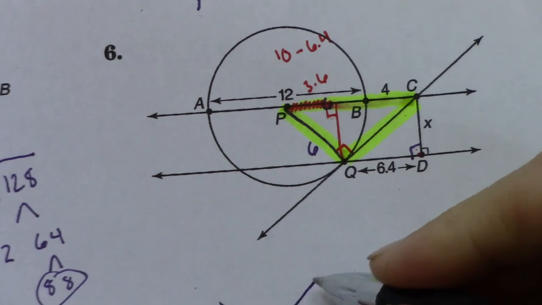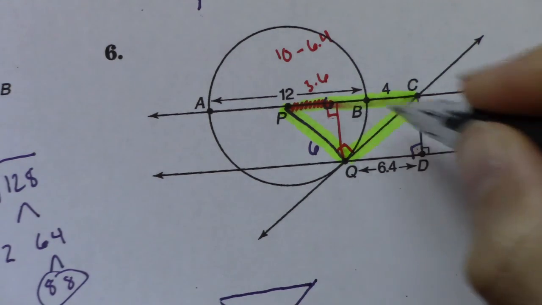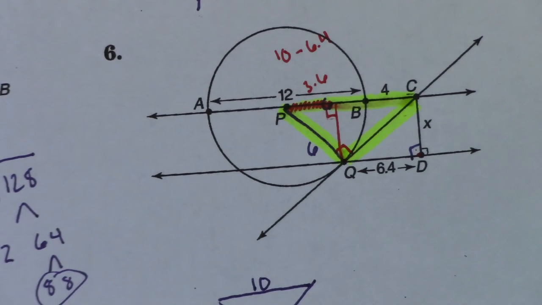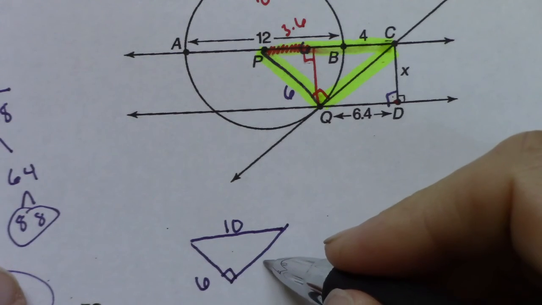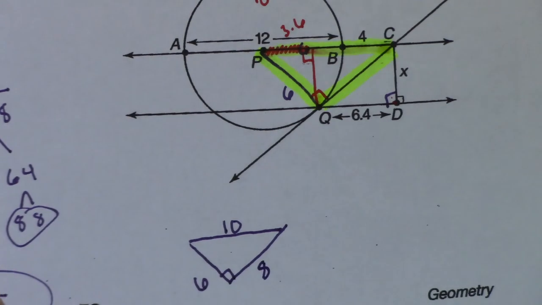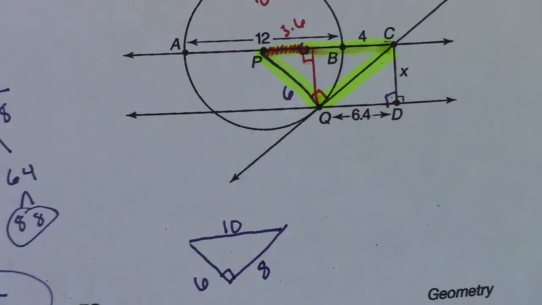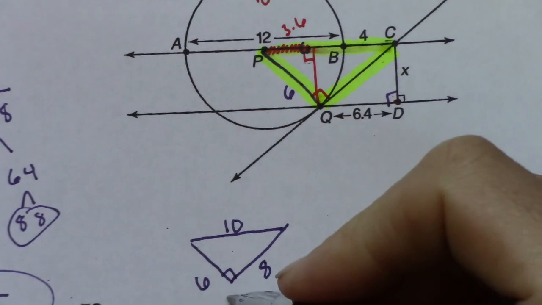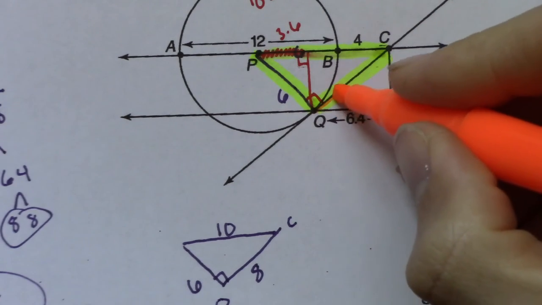has the following dimensions. I've got a radius of 6, and I've got a hypotenuse of 10, which you might recognize as a glorious 3, 4, 5 triangle that is scaled up by 2, which means I automatically know that the remaining leg must be 8. If you did Pythagorean theorem, that's fine. Now that I've got that triangle, and just to be clear, this 8 is segment QC. Well, now I can take QC